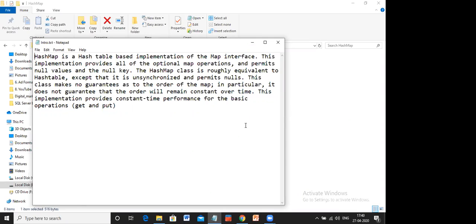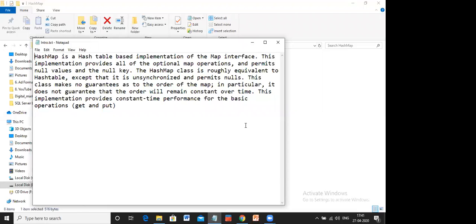What is this used for basically? Earlier we saw array list and vectors. In those, we were trying to save a single value, a single object, for example, array list to save a list of string values. But just think about if you want to save values in key value format.